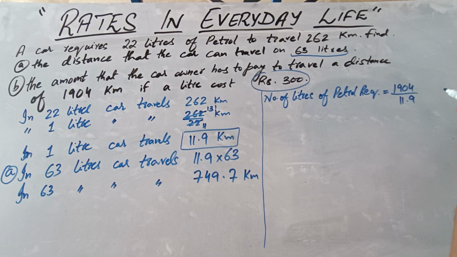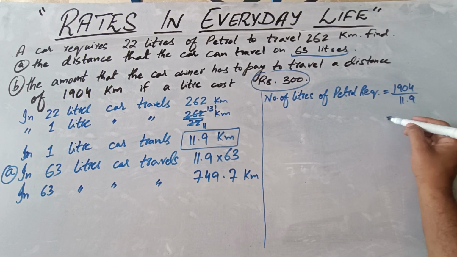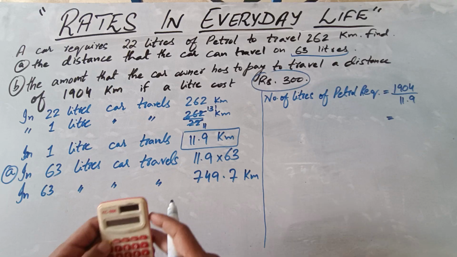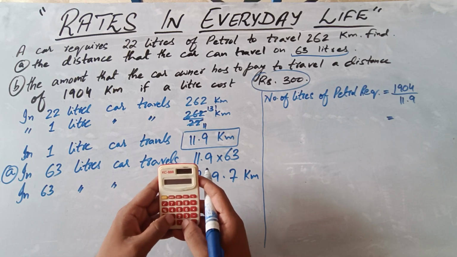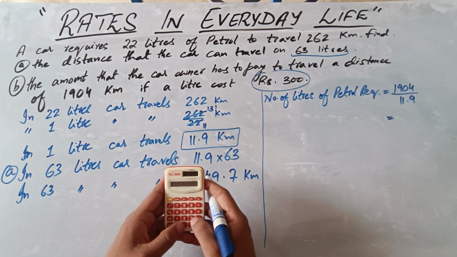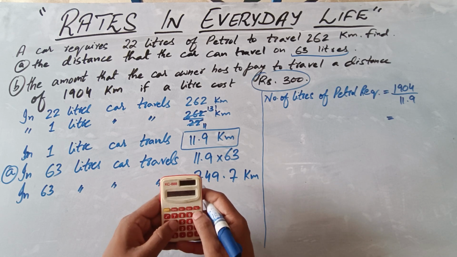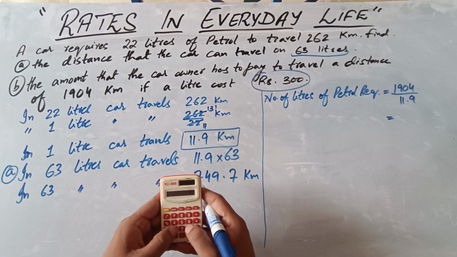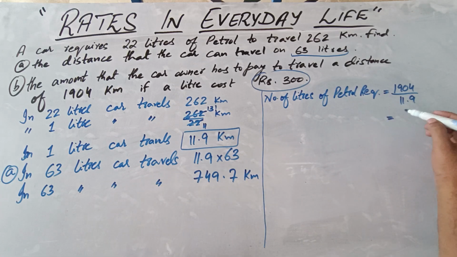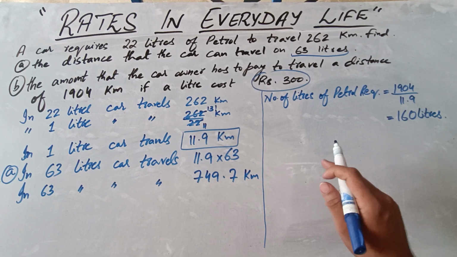So now let's see what it will give us. 1904 divided by 11.9 will give us 160 liters of petrol. So 160 liters of petrol would be consumed to travel